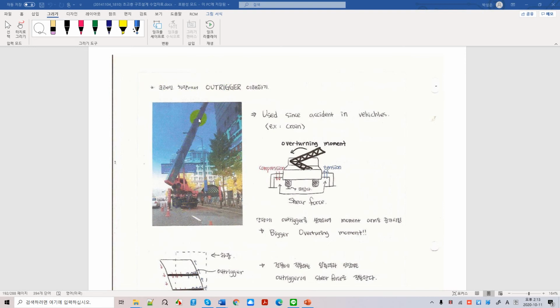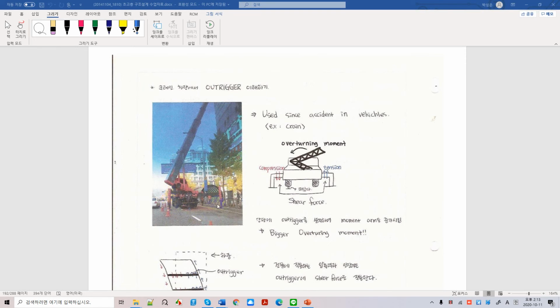And this overturning is seriously large when you do it, because this is very dangerous. The car can overturn in this way, and you have to lift heavy loads to high-rise buildings. And there we have established and installed an outrigger, something like this. And this outrigger will provide you